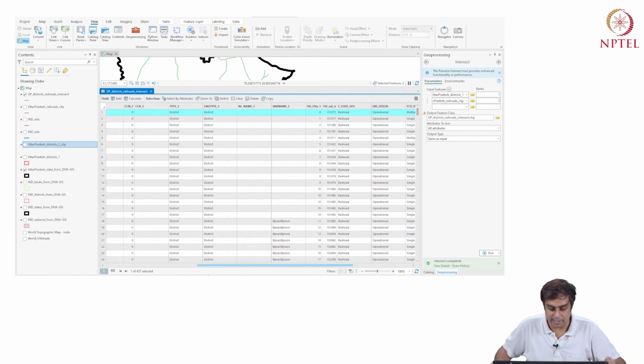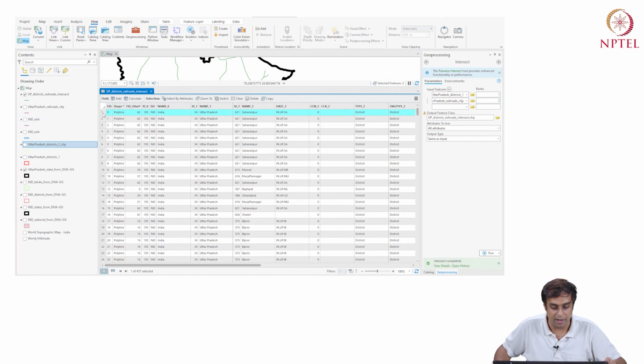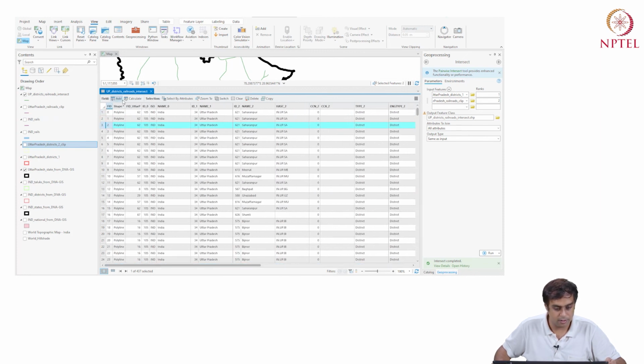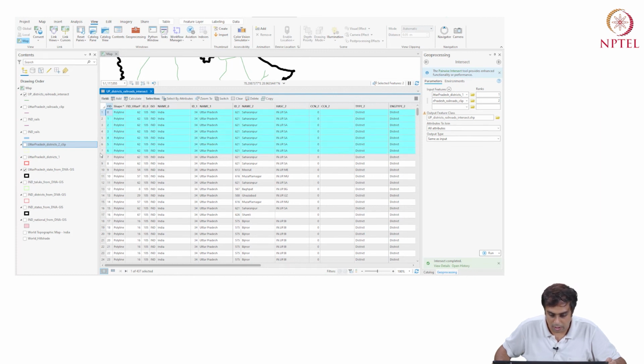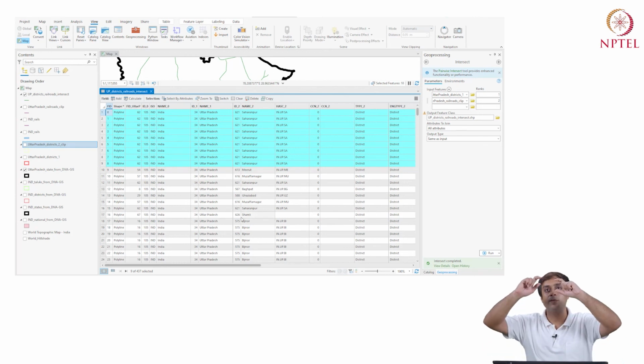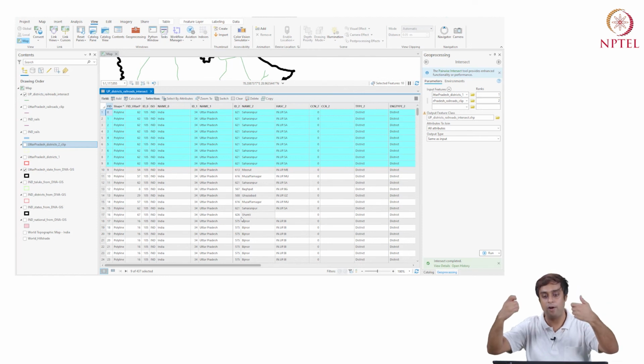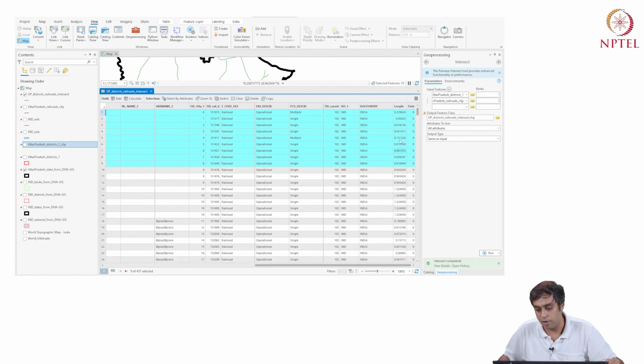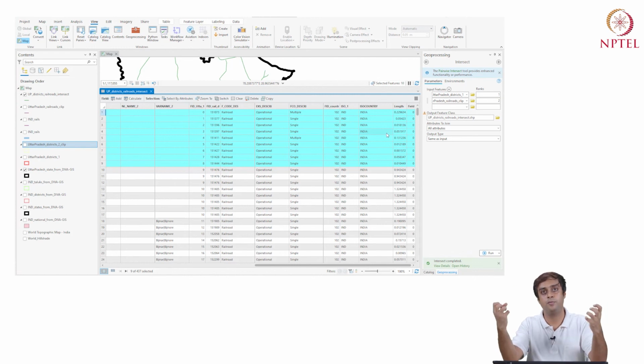Now, interestingly, Saharanpur occurs once, twice, thrice, 4, 5, 8 times. So, Saharanpur was made up of 8 line objects that were representing railroads. And to see the total size of rail lines within Saharanpur, I will have to sum all of these and multiply it by 100, and I'll have the kilometer length within Saharanpur.